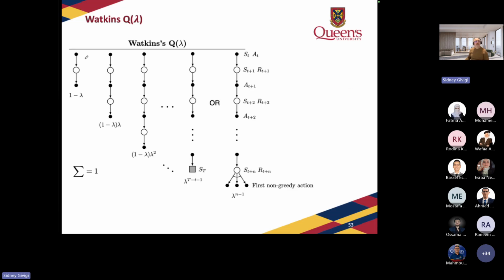And then what happens is that when we have the first non-greedy action, you reset the value. So this is how this is actually done. You keep doing this in the same way as you were doing before, but when you have a non-greedy action, you restart your learning from that point on. So it's a way for us to implement this.